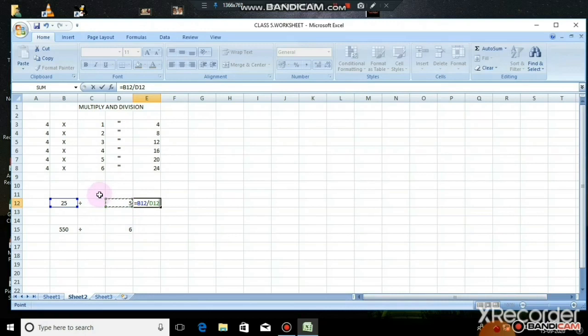After pressing those cells, you can see the formula appear and after that press the enter key. The result is displayed there in the cell. Next is 550 divided by 6. So B15, slash, and the next one is D15. Press the enter key so that you can find the result in the next cell.